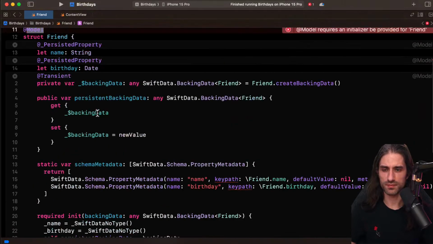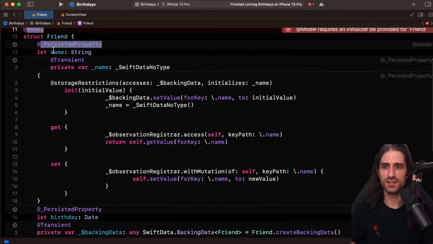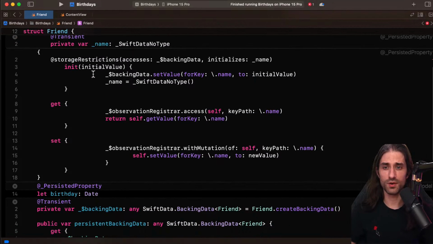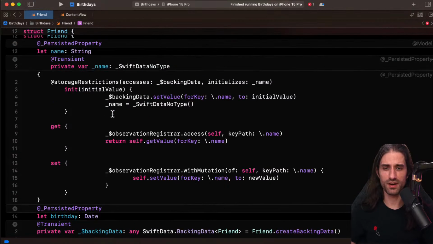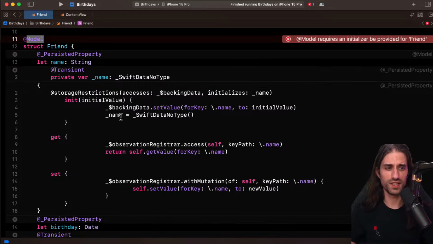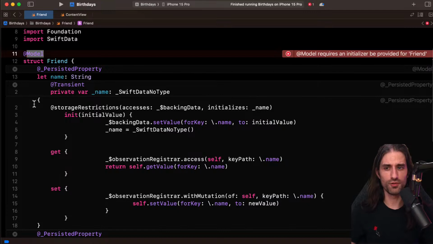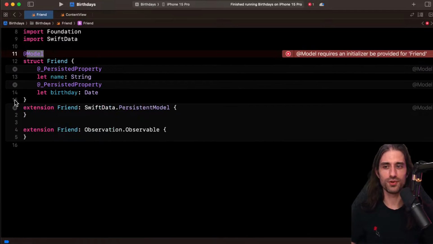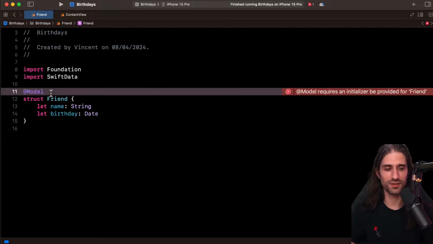Okay. And let's see what this thing here does. So it actually creates a transient property of type SwiftData no type. And then we have all of this code here being used to observe when there are changes. So I won't go into the detail of this part because, to be honest, I don't know it that much and it would take a bit of time to go over it step by step. And it's not the focus of this live stream. It's about getting started with Core Data, with SwiftData, and not about mastering all of the details of SwiftData.